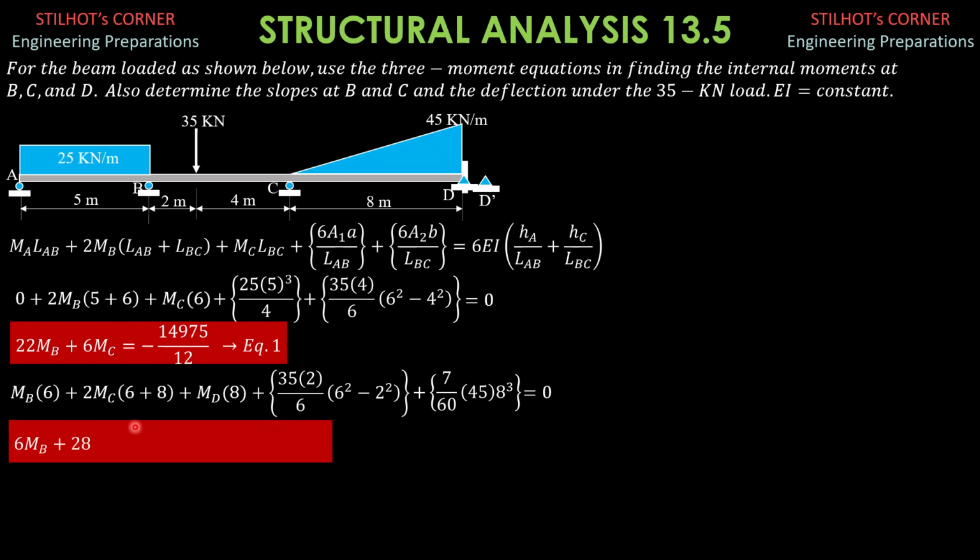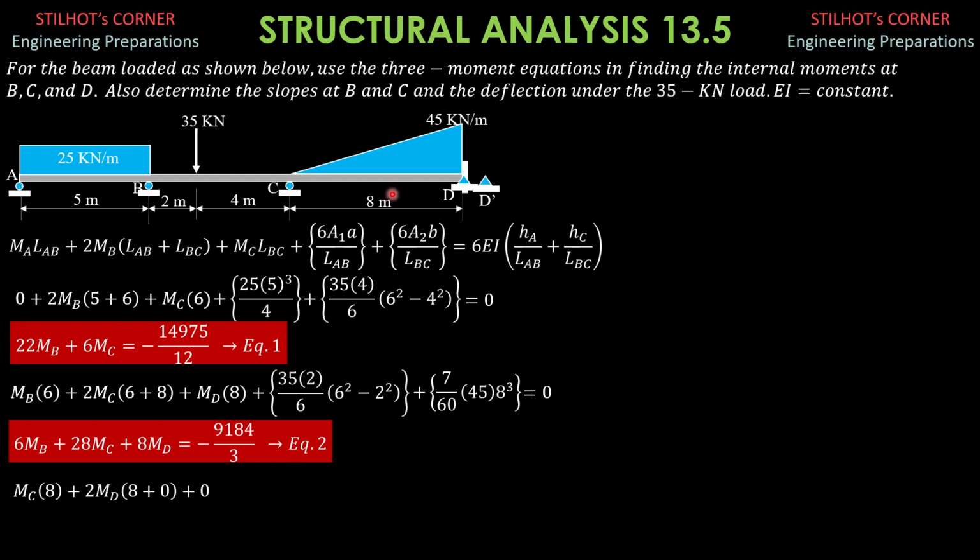Simplifying, 6MB plus 28MC plus 8MD equals negative 9184 over 3. Call that equation 2. Then finally, we apply the three-moment equation on span CDD prime. So we have MC times 8 plus 2 times MD, quantity 8, plus 0 plus 0 because the moment at D prime is 0,